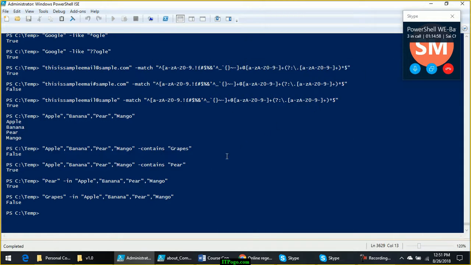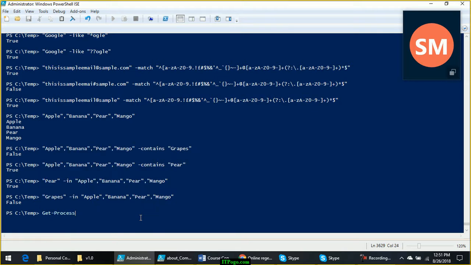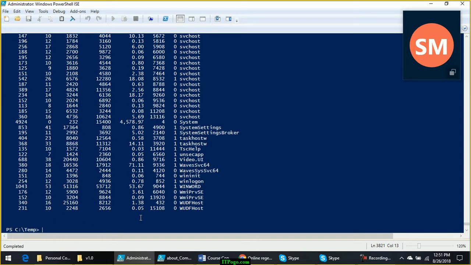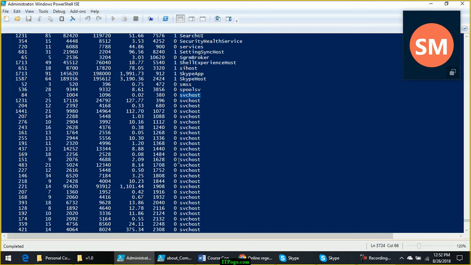Now let us see how to use these comparison operators for filtering the output of our commands. Now when I run this command Get-Process, it is showing me all the processes. Now if I don't want any process where the name is SVC host, how do I filter the output?